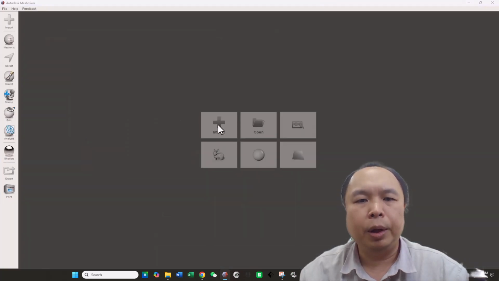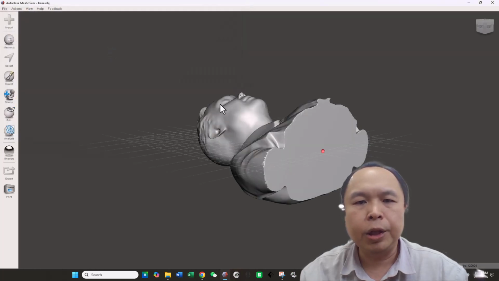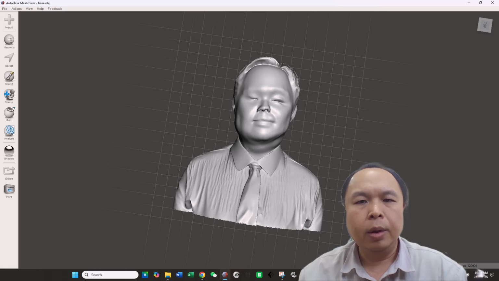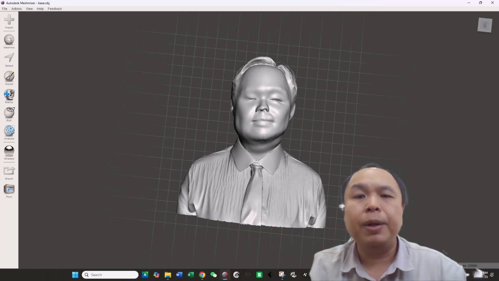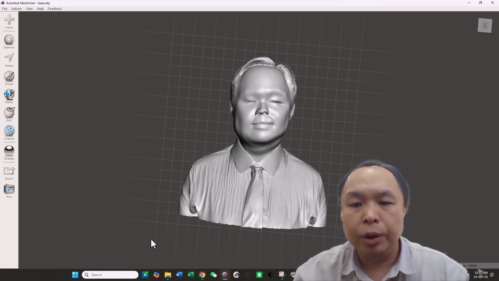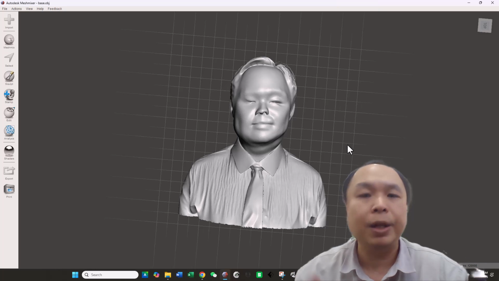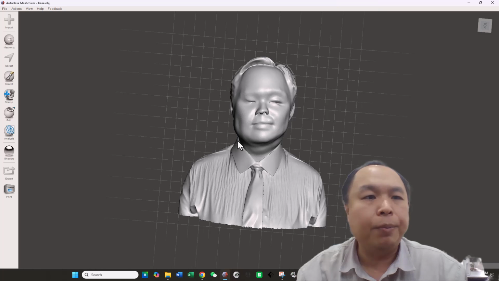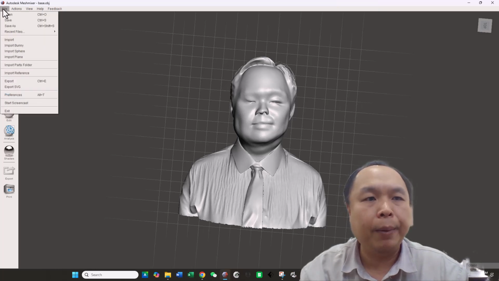Now we import the object. Okay, this is the object. Of course, as I mentioned, this second generation is not so good. I generated the first one, and it was nicer than this one. So it actually doesn't look like this. Okay, the previous one, if I can import back,